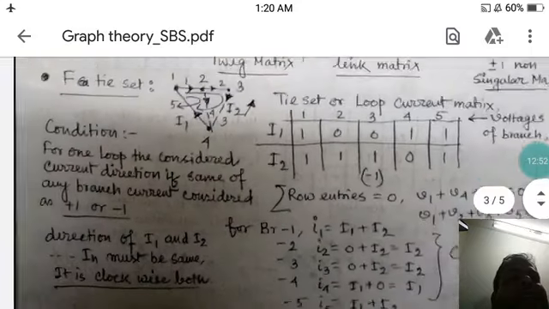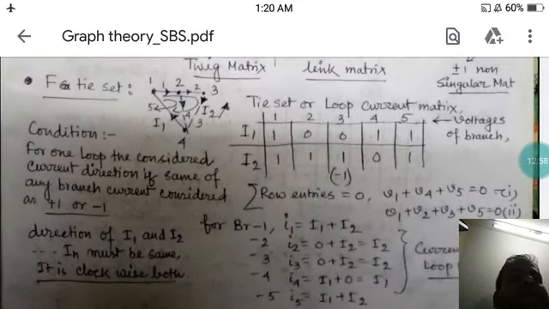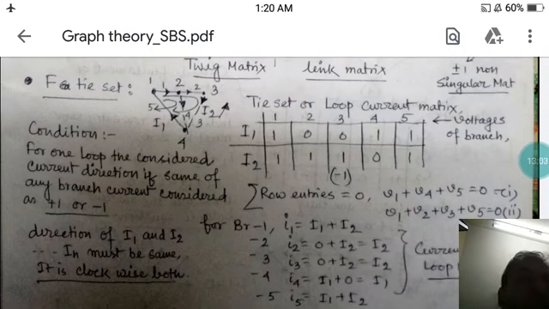So in this particular lecture I have told you the basic concept of the tie set, the fundamental tie set, and the tie set matrix. This concept is used when you are doing KVL evaluation using graph theory. In future, if it is possible, I will do many more videos on graph theory, but this is the basic sense. You should know that using KVL we use this type of tie set matrix to evaluate the final value of the KVL.